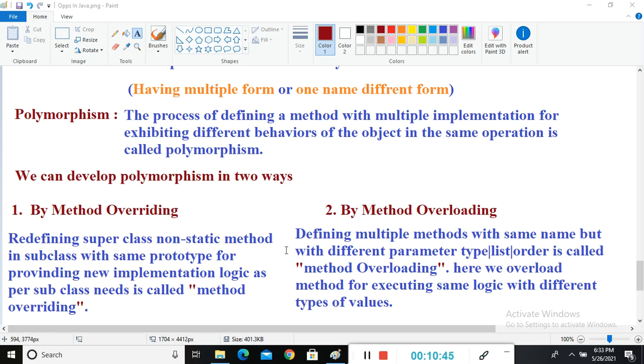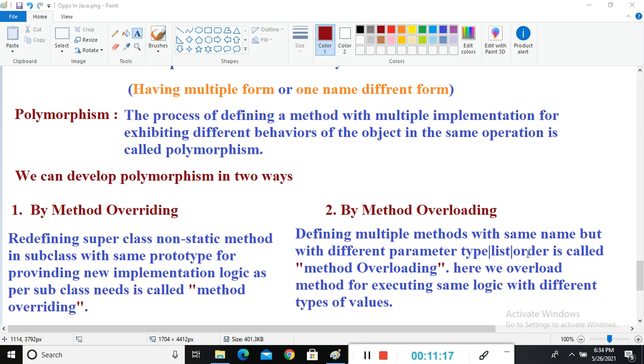Another way of obtaining polymorphism is method overloading. In this, we define multiple methods with the same name but with different parameter types, order, or list. Types means data types. List means how many parameters we are passing to that method, and order means in which order we are providing data types, like int, float, or float, int.